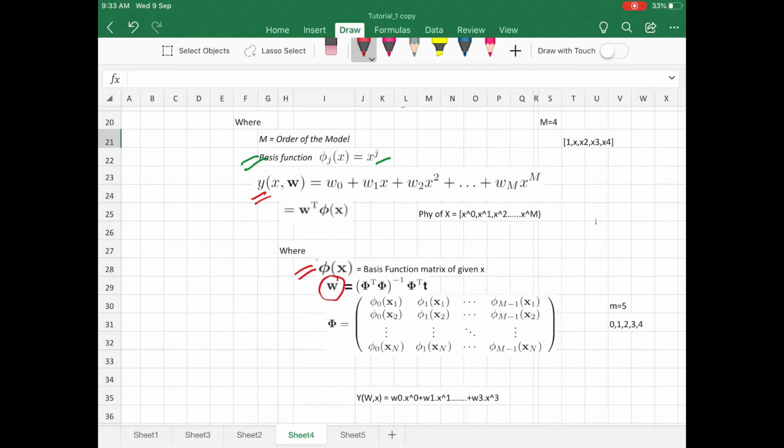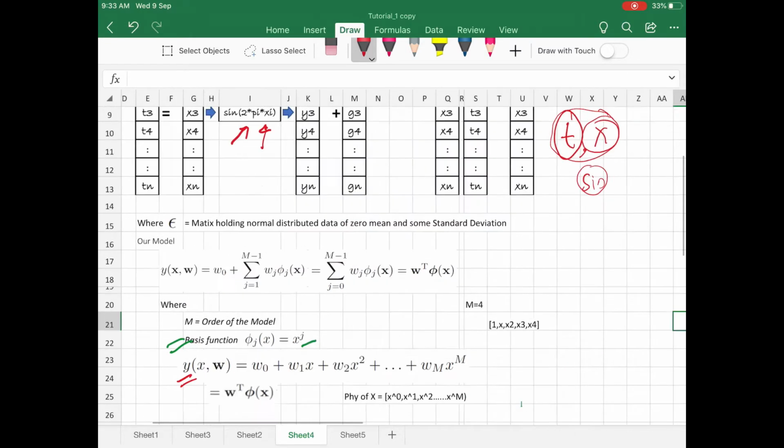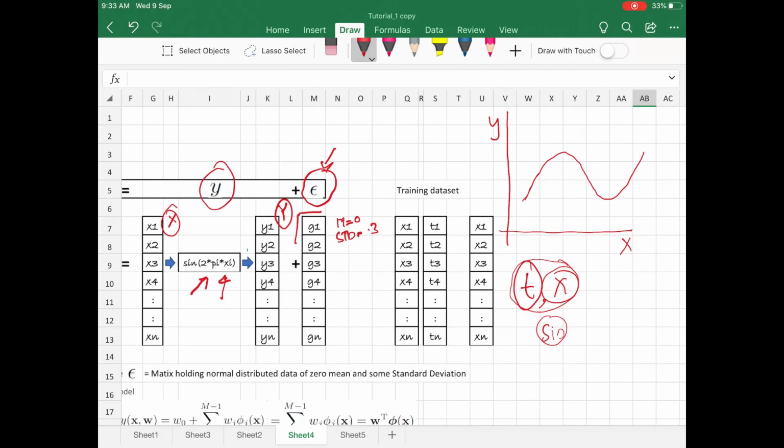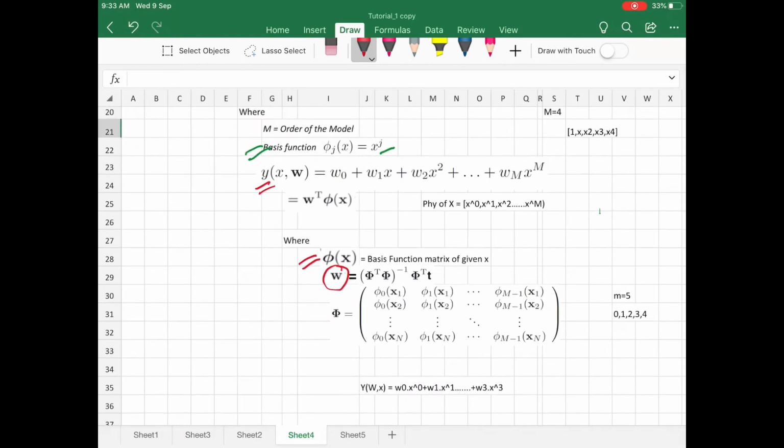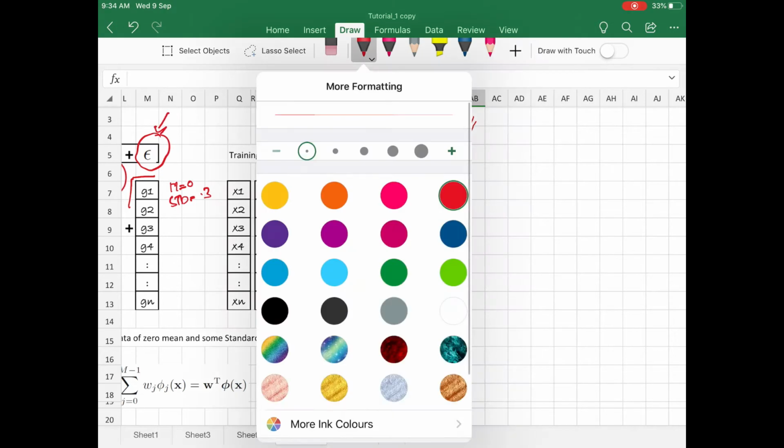Now what we are trying to get to know is how our model is predicting, how our model is getting to know the relationship between X and T. We already know that the functionality between T and X is some sort of sine function, because this is how we have created the data. But after training this model we will use the same matrix of X. We will supply each element of this X to our model, and we will find the output of the model, this y(x, w), and we will compare it with the output of the sine function.